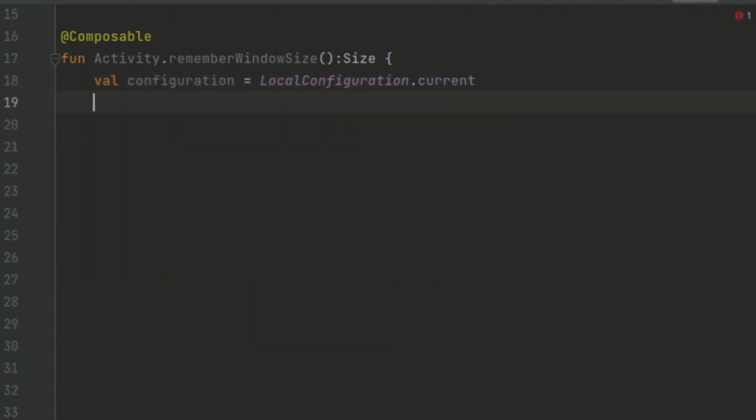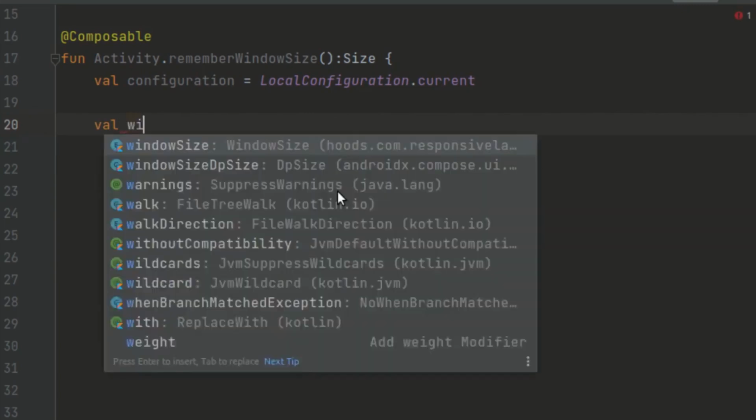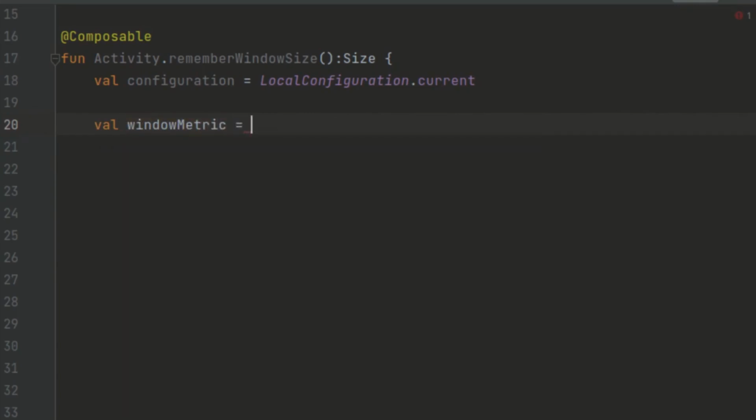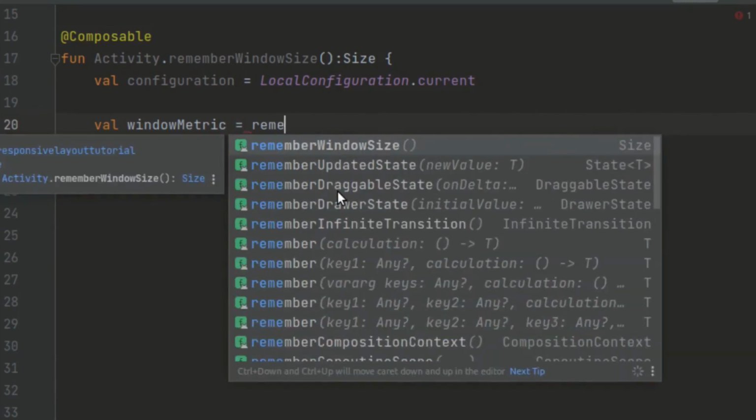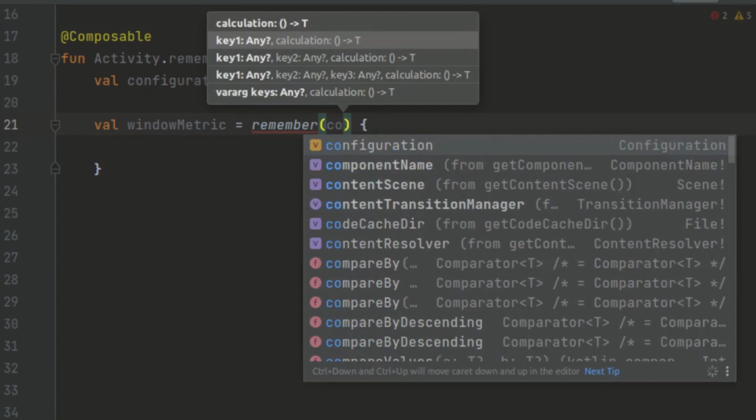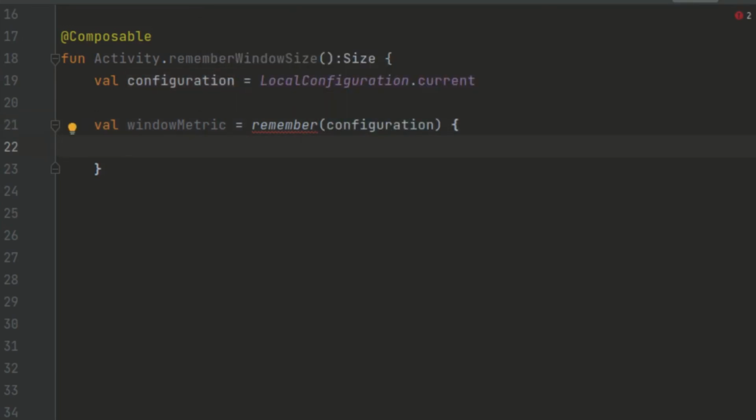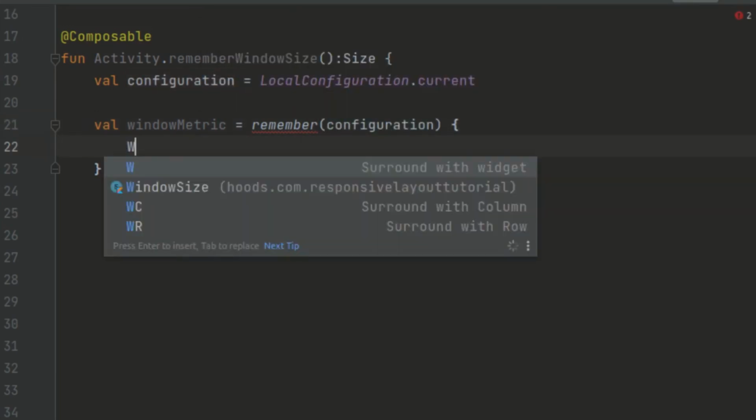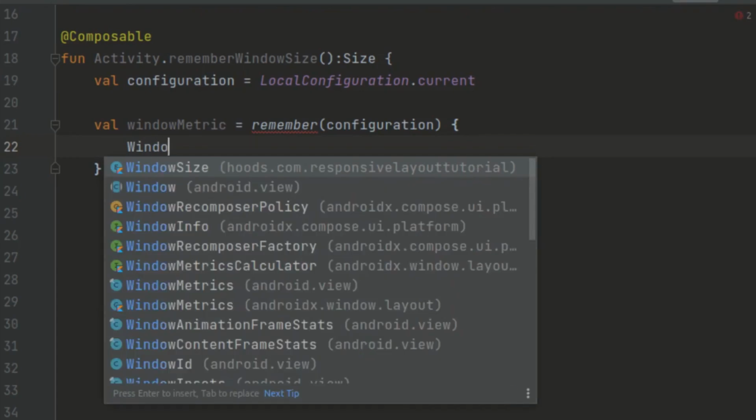So this one is going to give us the configuration. Now we have to get the window metrics. So we can just call here window, and we can use here a remember function. And basically here we can pass in our configuration. And after that, now we have to calculate our window. Now we can just use this window calculate,